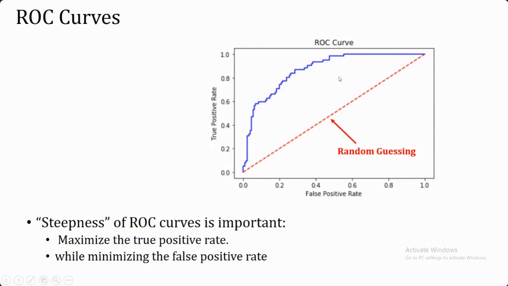Now, if your classifier is just randomly classifying, it's not able to clearly differentiate between true positive and false positive instances, meaning negative instances. In that case you will have this diagonal boundary. This is just the random case, it's not able to clearly differentiate. If you are moving in this direction, there is clear differentiation. And if we are moving in this direction, that means you are wrongly predicting. That means you are identifying positive as negative and negative as positive, and at this line you are not able to clearly differentiate.